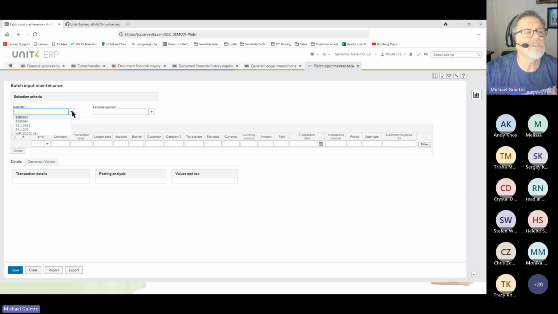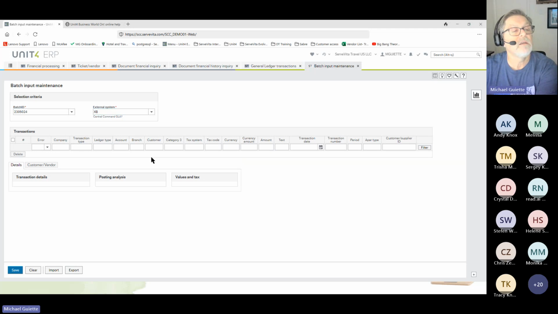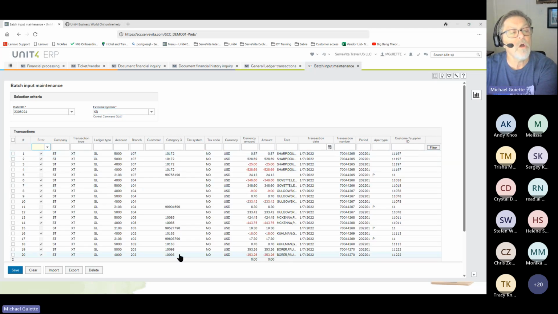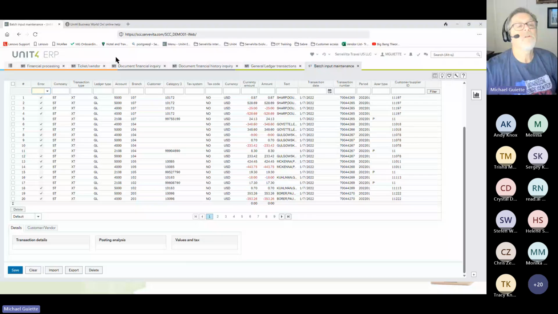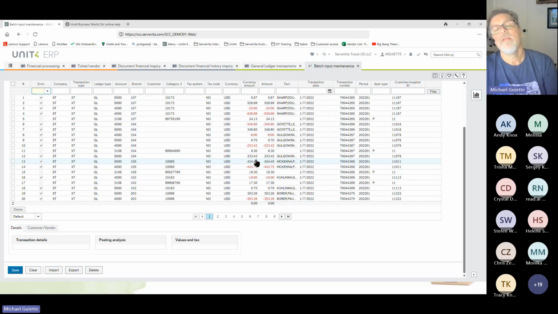The batch maintenance screen here, if I choose a batch ID, it will show me all of the transactions that are waiting in this batch to be posted, right? So when we looked at that document financial history inquiry, this screen will display the information based on those transactions that are stopped, and it will show me all of the rows that are waiting to be